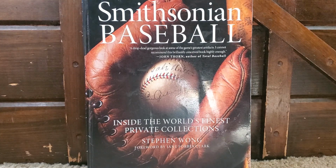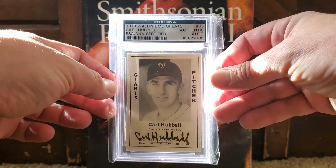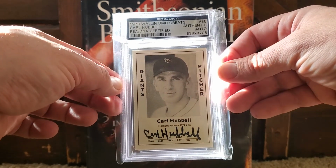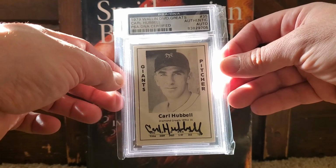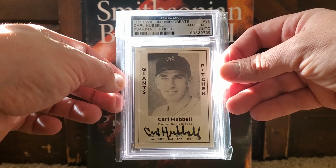So let's start with the master of the screwball, Mr. Carl Hubbell, autographed 1979 card. Carl Hubbell was definitely one of the great pitchers of his day, starting his career in the 20s, ending in the 40s. And I'd say one of his biggest claims to fame that everybody knows about is the 1934 All-Star